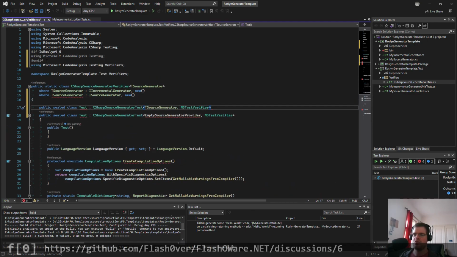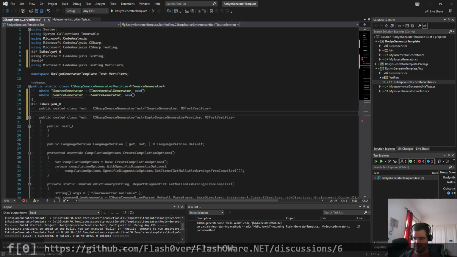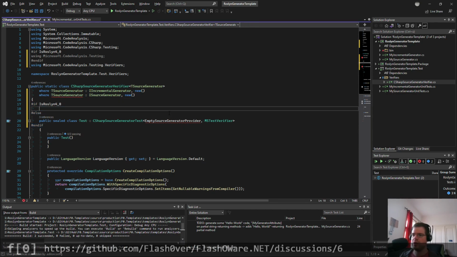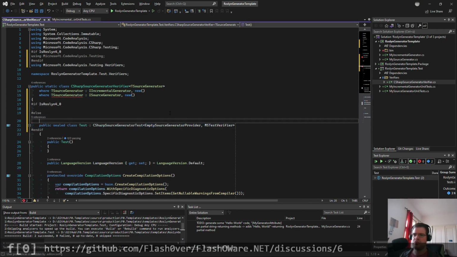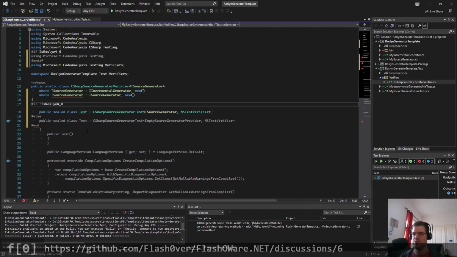And we say if Roslyn 4.0, we say here $if is Roslyn 4_0, else, and an end if. Now I have it the wrong way around. Okay, perhaps let's do it like this. If it is not Roslyn 4.0, then end if